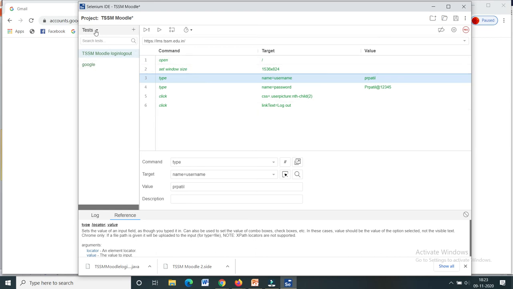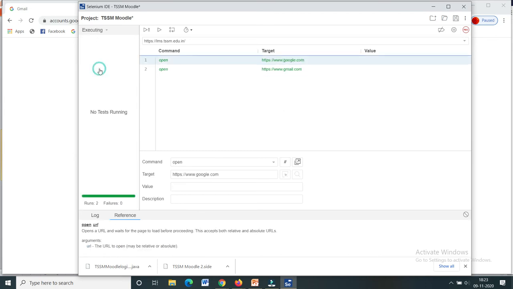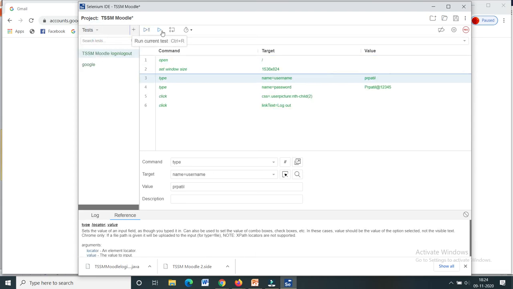Second important thing here is the test suites that are executing. What you are executing will be shown here. Here you can run all the test cases. From here you can run a particular test case. It contains the test execution speed also. Next one here is the recording option.